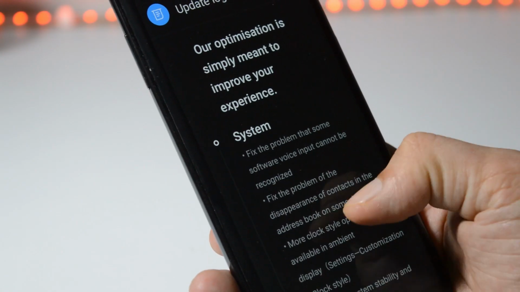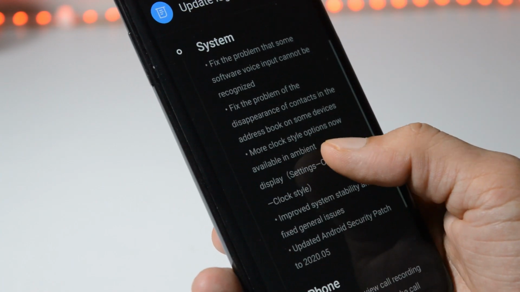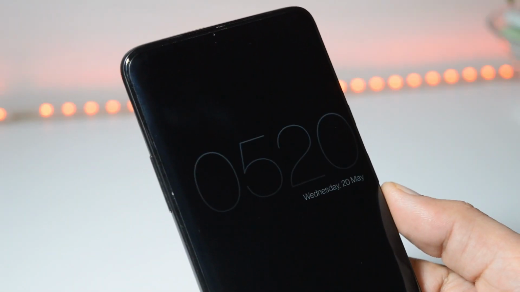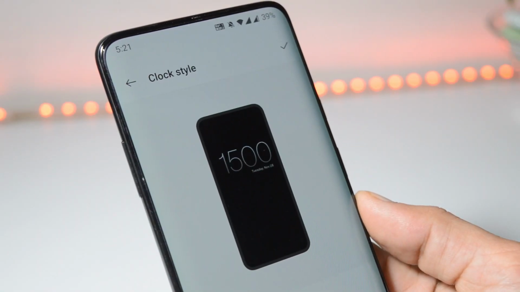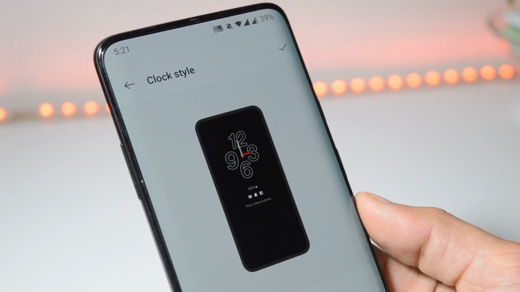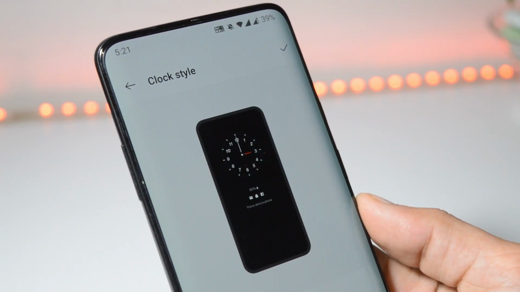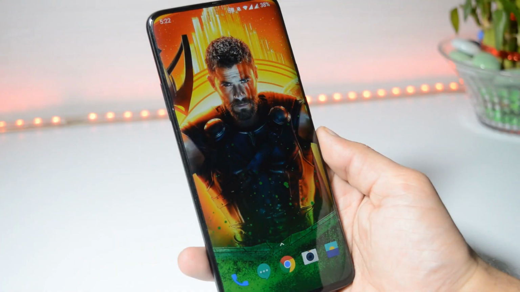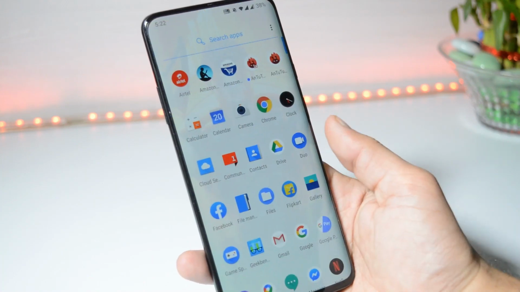Yesterday, OnePlus rolled out Open Beta 14 and Open Beta 4 for OnePlus 7 series and 7T series with some new features. Like they have got new clock styles for OnePlus 7 and 7T series. Initially we had only 3 clock styles available, but with this latest update we get a total of 10 clock styles on OnePlus 7 series devices. If you guys are running stable channel, then you can migrate to beta channel.